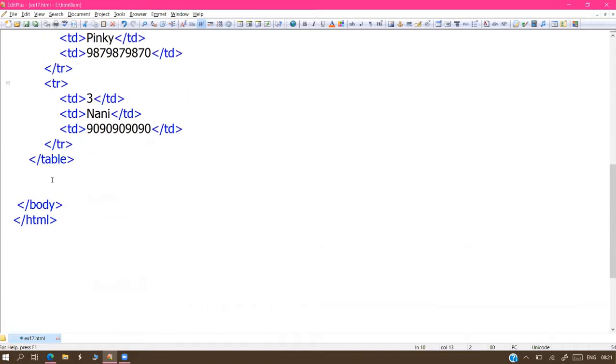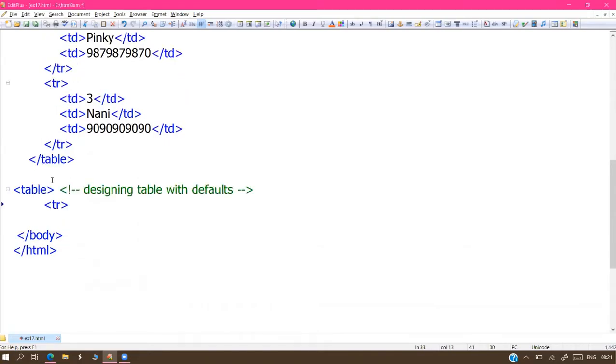So I'm going to design one more table with a border. I need borders this time, sir. Yes, we have two types of border: HTML border and CSS border. The HTML border looks different and the CSS border looks different.